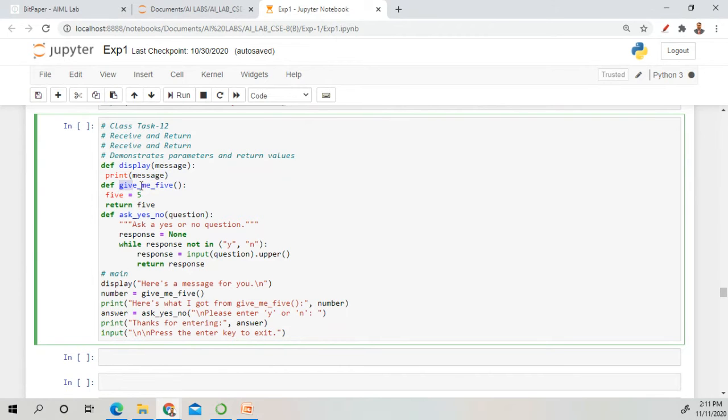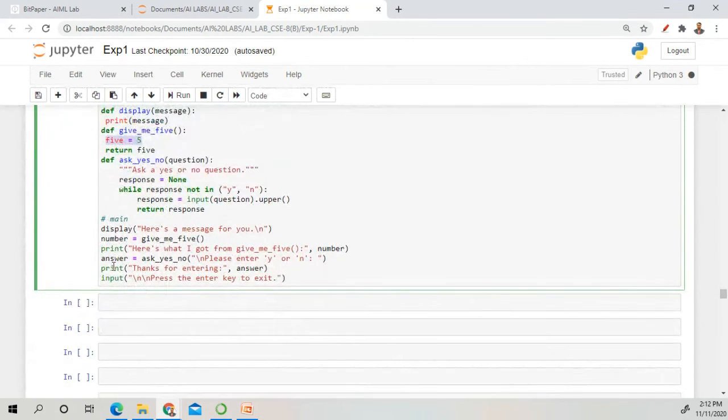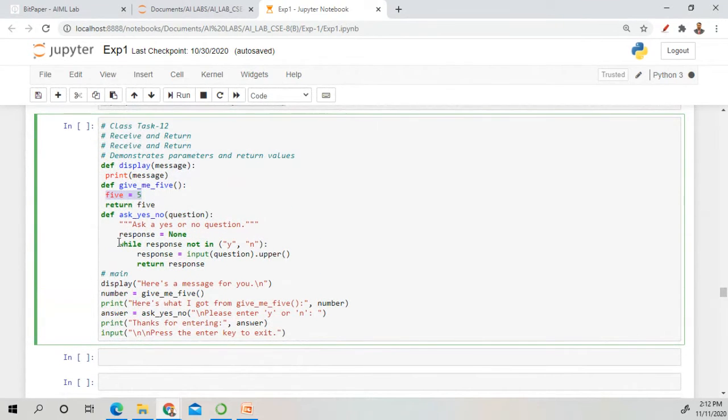Okay, and again we have defined a function, give me 5. And you have to define the statement like this. So proper indentation should be there. If your indentation is not proper, then there might be some error in the program.